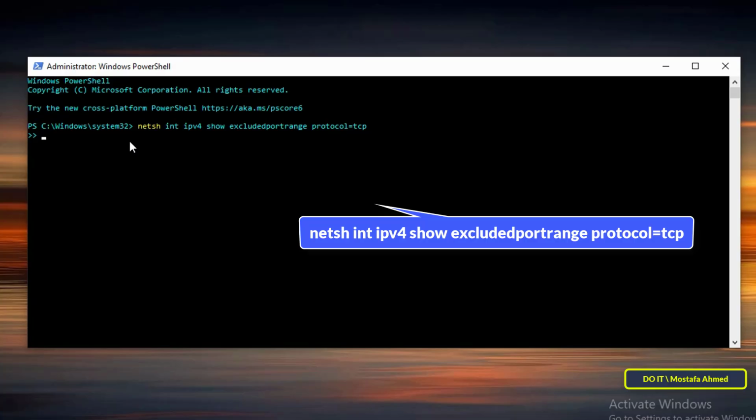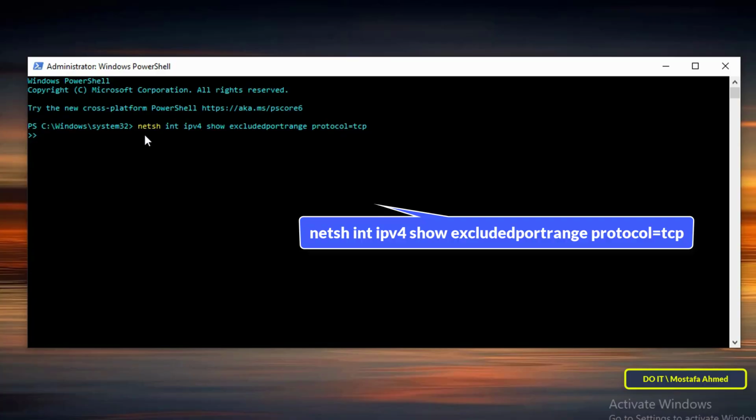on your system. This command reveals network ports that are currently reserved or blocked by the system. This is a crucial diagnostic step to ensure that the ports we need for our project are not blocked by Windows or other services. The command is shown on your screen, and I will leave it in the video description for you to see. This command consists of four main parts: Netsh, which is a network shell tool, a powerful command line